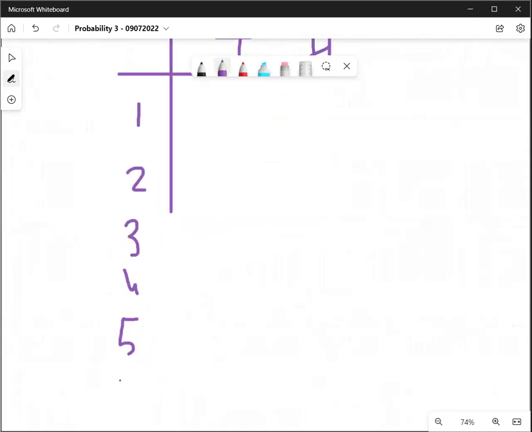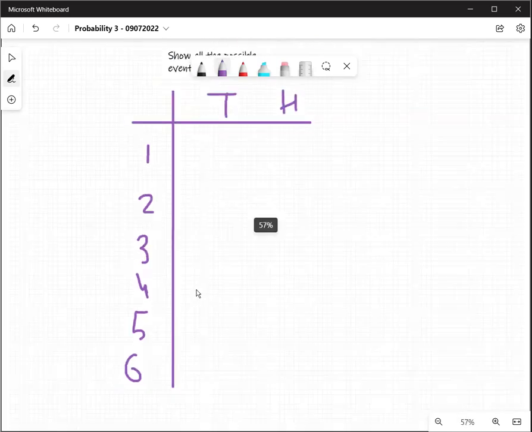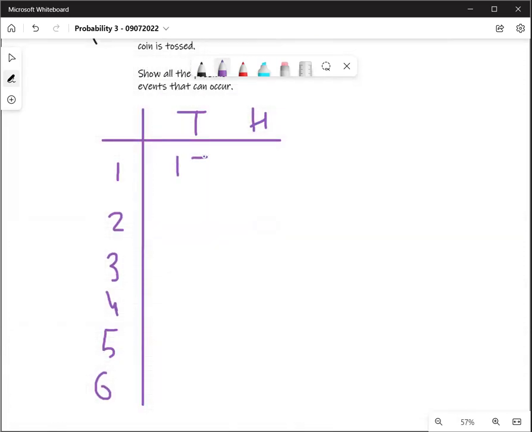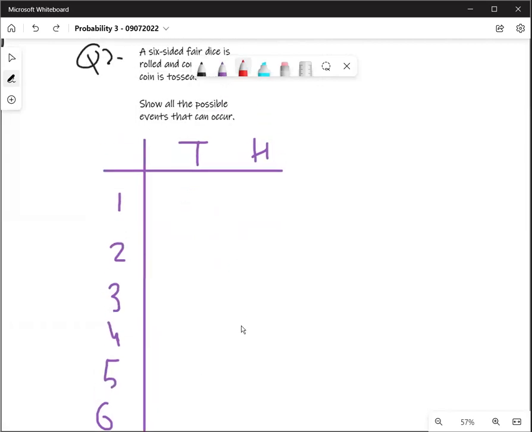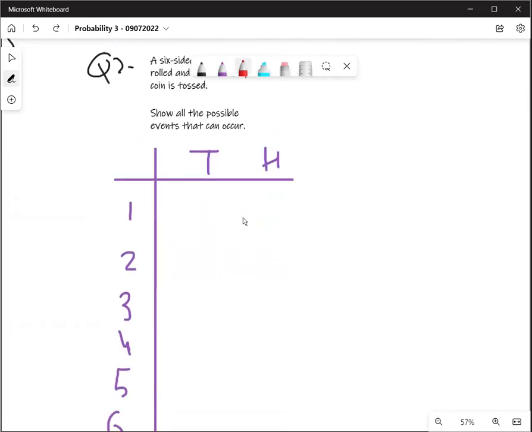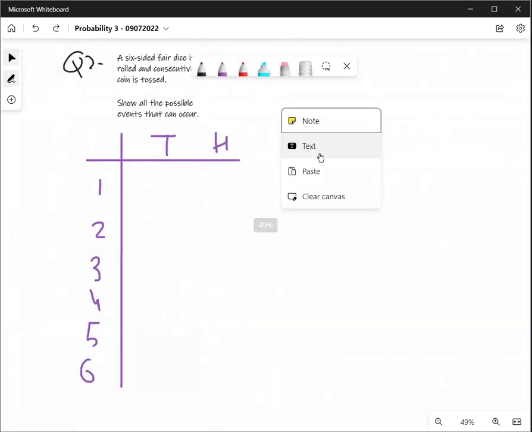So this is called combined events. Now you can get a 1 tail, a 1 head, 2 tail, 3 tail, 4 tail. You're still writing this, but it's your choice. You don't have to write it. No one's asking you to write it, because if you see over here, you can understand that it's 1 tail. Now your job is to see what is the probability